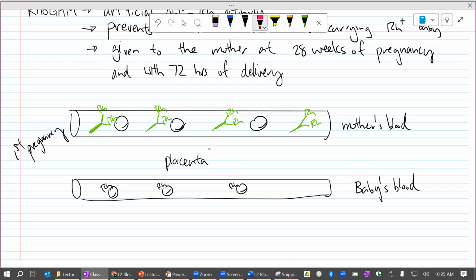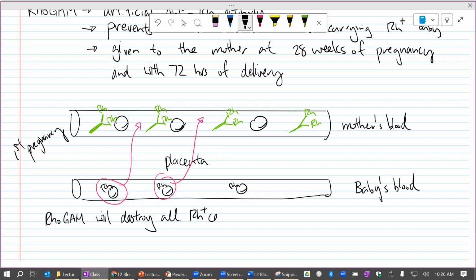Listen for a second. If the baby's cells go into the mother's bloodstream, it's okay because the mother received the RhoGAM. So the RhoGAM will destroy all Rh positive cells entering the mother